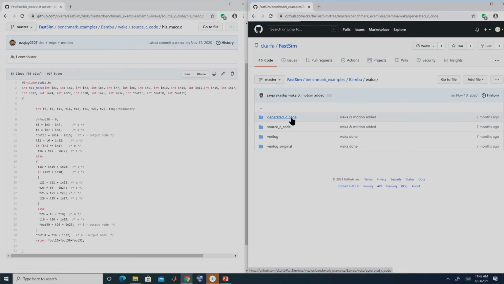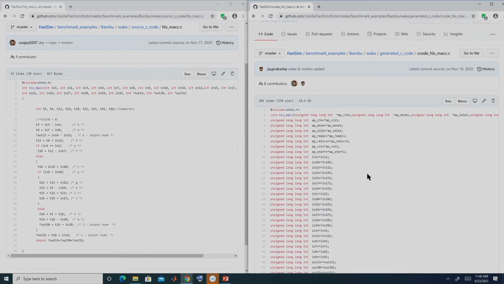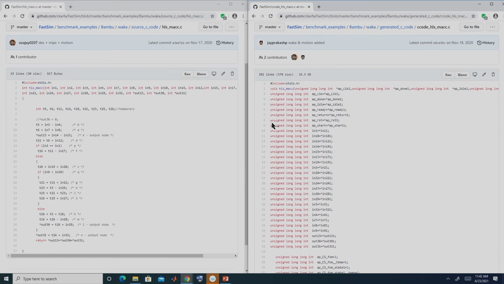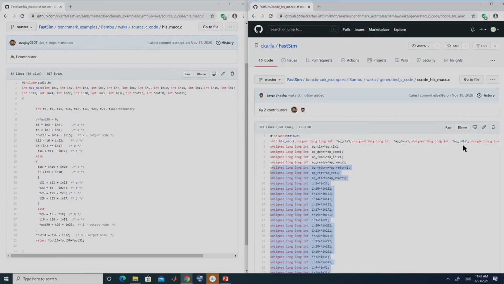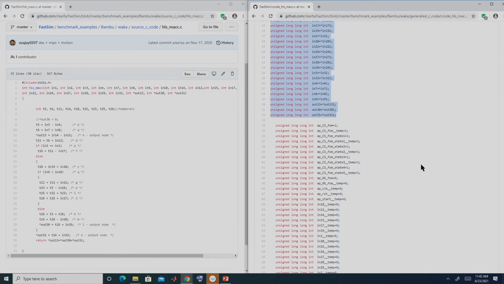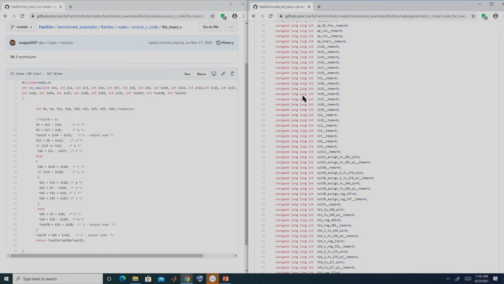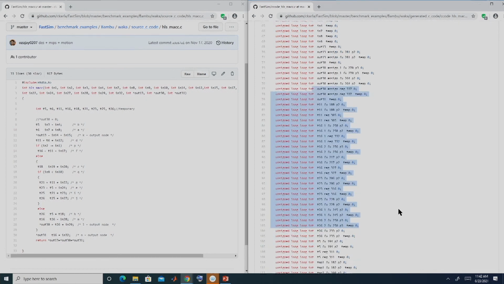So, this is my generated C code, let me look into that. In this code, as I mentioned, I am going to define every variable as an unsigned long int. So, these are the variables and you can see here the inputs are basically the same inputs, and you can see here so many variables have to be defined, right, and I just initialize them to 0, right. So, these are all the variables that are there in the Verilog.